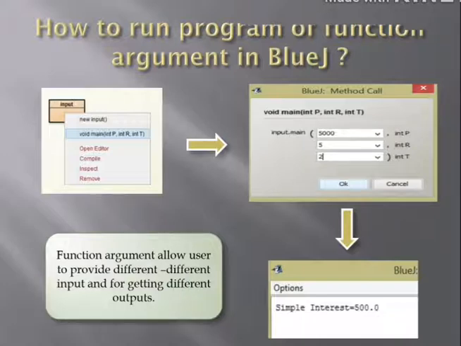Previously in assignment, there was only one value and one output. Now we can change input values during runtime, and we can get any of the values after running our program.